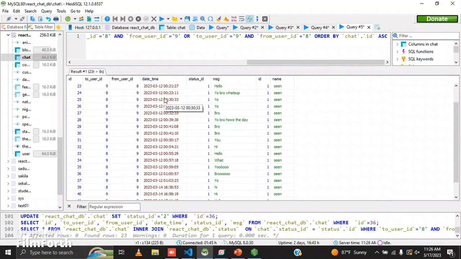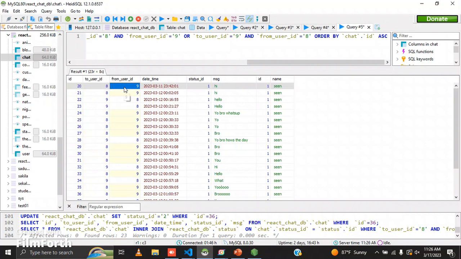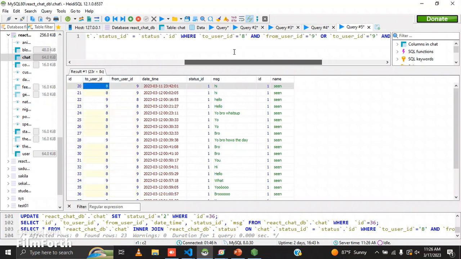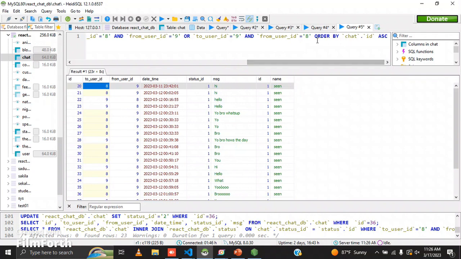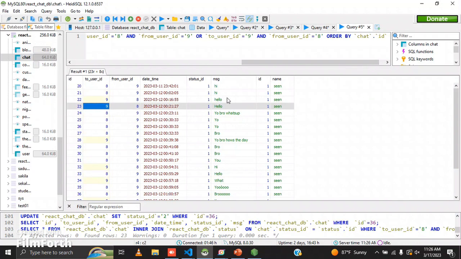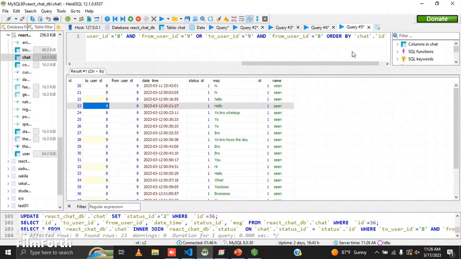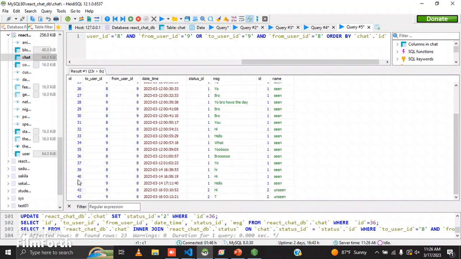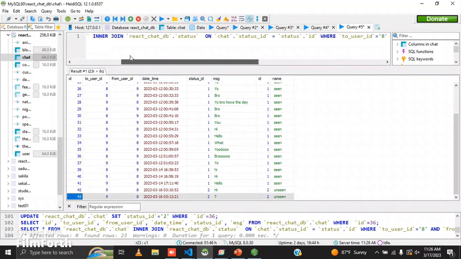So what happened in here is that he's taking every single message that you have sent to him, and he has sent to you. That's what happened from here to here, the condition that I have put. From that, he's taking the to user ID is 8 and the from user ID is 9, or the to user ID is 9 and from user ID is 8. So the chats sent from each other are shown here, and I have ordered it by chat ID from the first chat to the last chat that the people have sent to each other. And